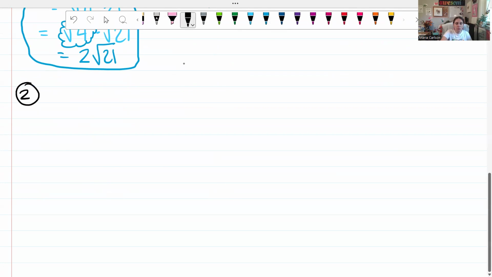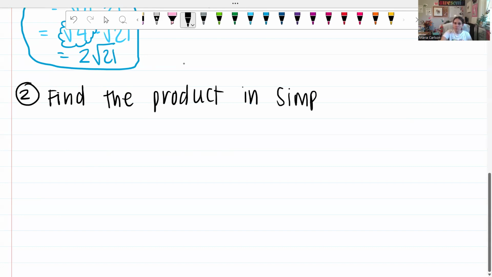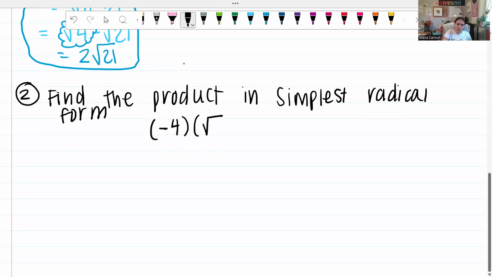Example 2, we are going to find the product in simplest radical form. And we're going to multiply -4 times the square root of 3 times 3 square root of 30. So if I'm going to multiply these three together,